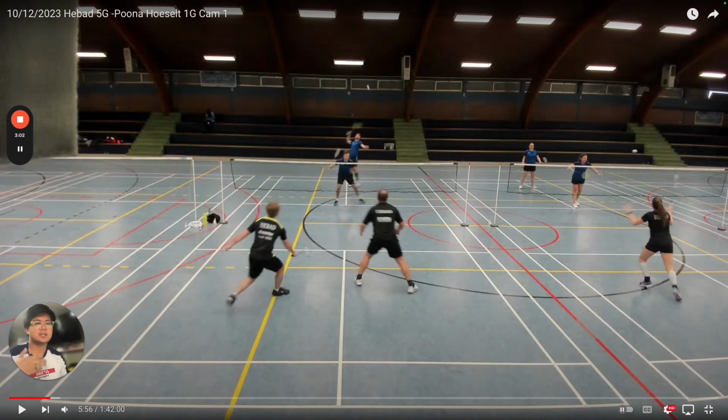Even if you're taking it slightly later, at least you're taking it on the forehand, or you're in a better position of control where you can play soft or drive even on the backhand. I think that's much better.